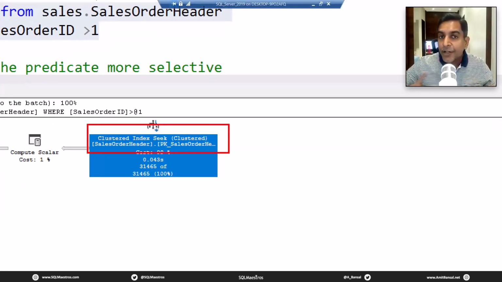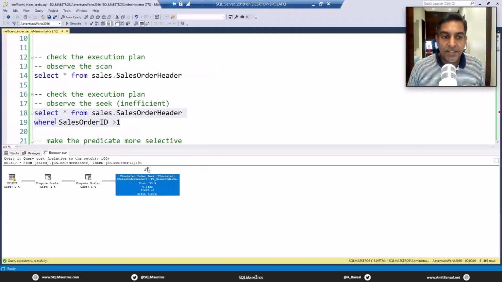So this is in contrast with what you got earlier. Earlier, you got a clustered index scan because there was no predicate. Just go to the storage engine, fetch all the data. But now you have a predicate. The predicate is on sales order ID. And because the clustered index is on sales order ID, SQL Server decides to do a clustered index seek operation. Now, I call this an inefficient seek. Why? If you jump over to the messages tab, okay, before I jump over to the messages tab,